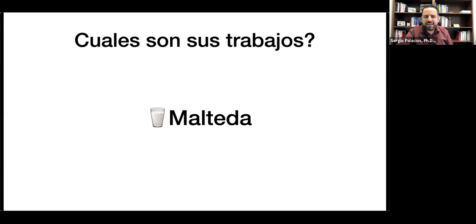Pues contrataron a un equipo de investigadores y mandaron gente solamente a observar. Inicialmente vieron que la gente en la mañana es cuando consumía o compraba las malteadas. La mayoría llegaban en su carro, lo compraban, drive-thru, agarraban la malteada y se iban. Entonces después les preguntaron, oye, ¿qué es lo que estás haciendo? ¿Por qué contrataste a esta malteada? Pero no le dijeron así en esos términos. Le dijeron, ¿por qué vienes a este restaurante por malteada? ¿Qué es lo que haces? Y dijeron, bueno, pues me gusta. ¿Y qué haces? Bueno, manejo